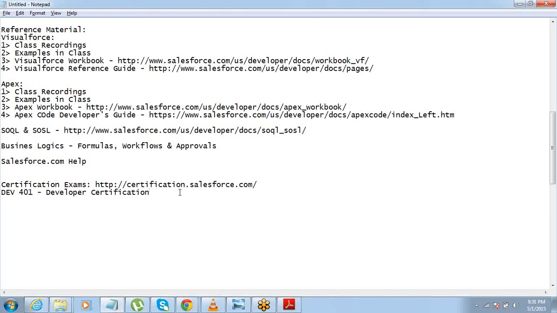If you remember, there was a workbook for Force.com development, but those are things which you have already done. So those have stuff like create objects and tabs and fields, but you guys know a lot more than that, so I would not refer you to those things. All right, so this is the reference material that you can have.